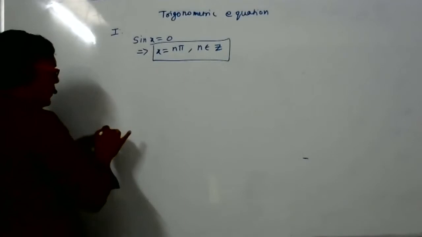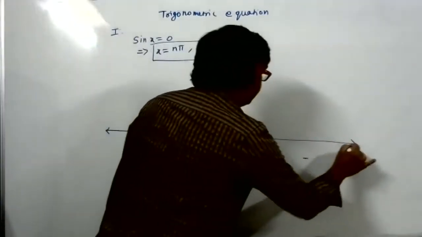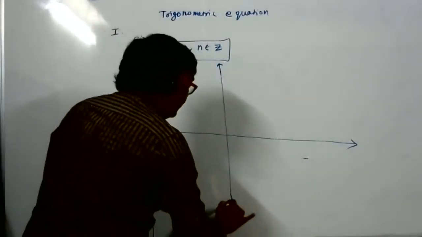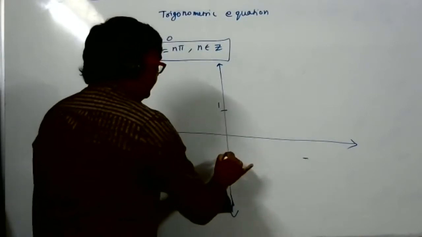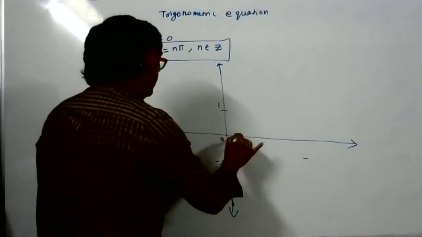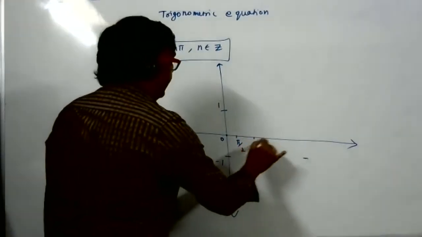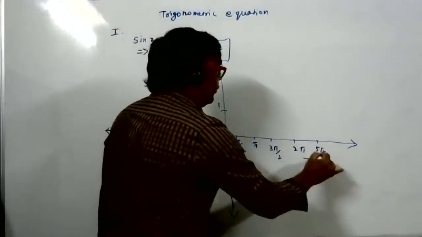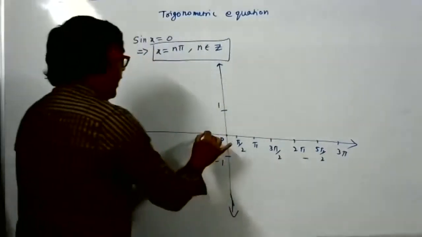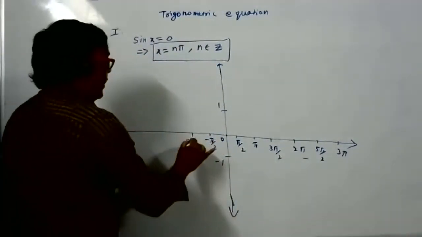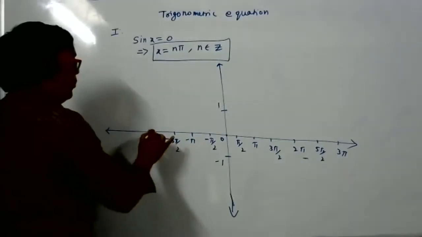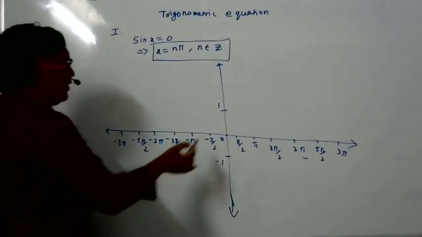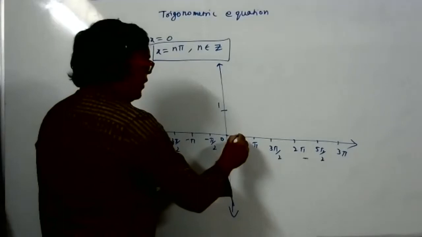How? We can analyze this easily by graph. Without the graph also we can analyze, but the graph is easy. The other day I was teaching you the graph of sin x. Very simple graph. The graph will be between 1 and minus 1. And here we mark 0, pi by 2, pi, 3 pi by 2, 2 pi, 5 pi by 2, 3 pi, and minus pi by 2, minus pi, minus 3 pi by 2, minus 2 pi, minus 5 pi by 2, minus 3 pi. You remember the graph. Sine 0 was 0, sine pi by 2 was 1. So how was the graph?